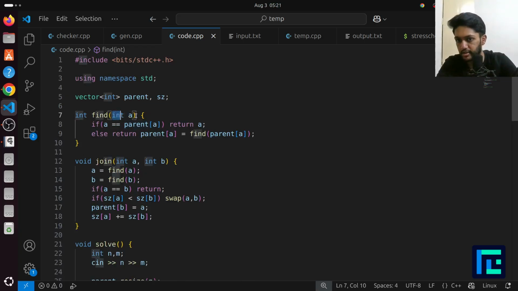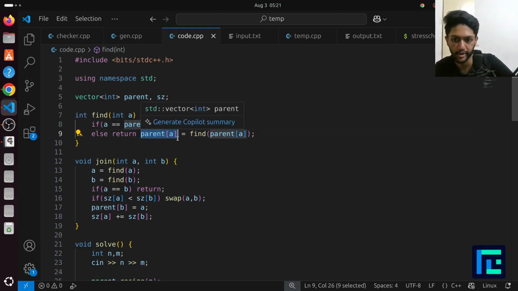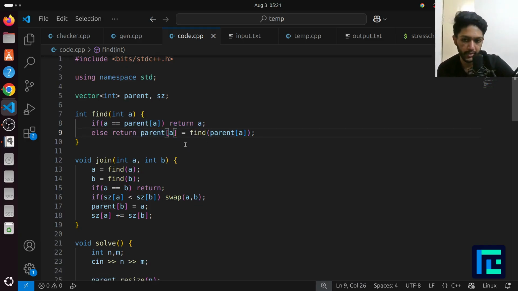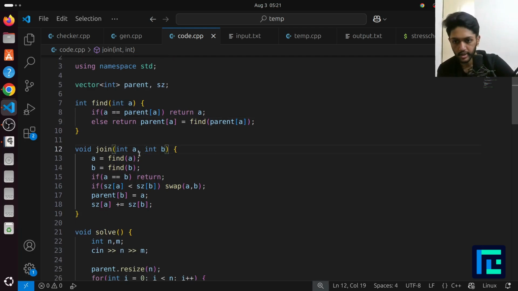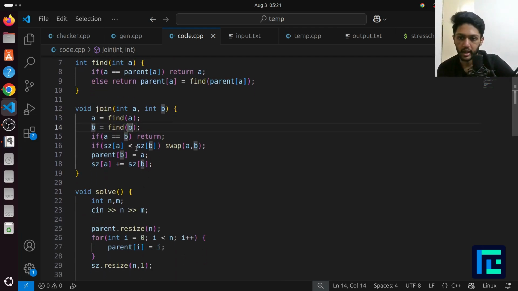So this find first checks if a is equal to parent of a. If it is, then of course a is the component, so return a. Otherwise it will find the parent of a recursively, like it will call the find function for parent of a and return that. And also it uses path compression, so it will set the parent of a to that result as well. And how join works is I'll call a equal to find a, b equal to find b,